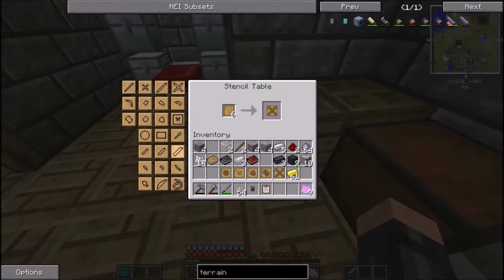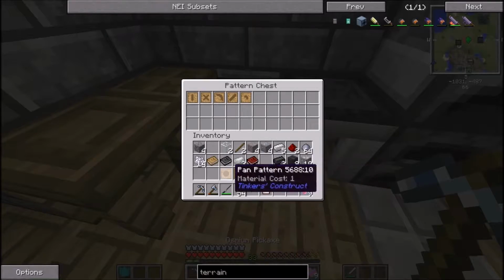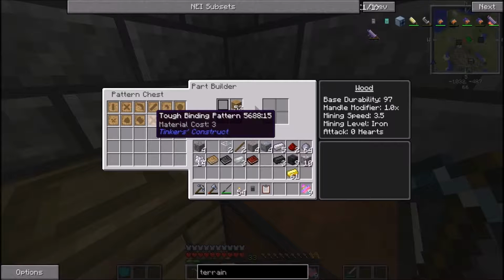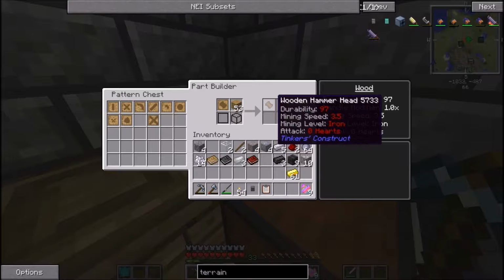And we already have sword blade and crossguard. So I think, let me check one more time. 1, 2, 3, 4. Yeah, that should be all we're going to need. Now the only ones we're going to need to actually make casts of, we're not going to use tough binding. Tough binding we'll use stone for, so we're going to need hammerhead,